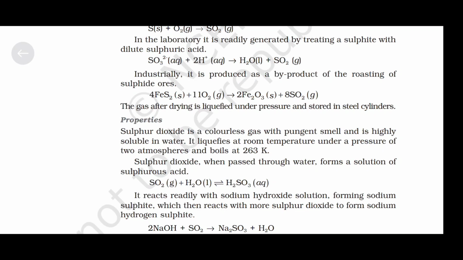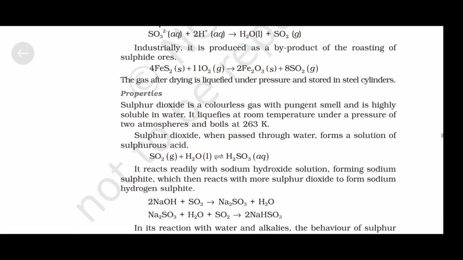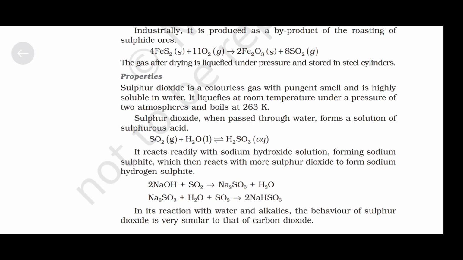Properties: sulfur dioxide is the colorless gas with pungent smell and is highly soluble in water. It liquefies at room temperature under a pressure of 2 atmospheres and boils at 263 Kelvin. Sulfur dioxide, when passed through water, forms a solution of sulfurous acid, SO2 plus water, which gives H2SO3. It reacts readily with sodium hydroxide solution, forming sodium sulfite, which then reacts with more sulfur dioxide to form sodium hydrogen sulfite. So NaOH reacts with SO2 sulfur dioxide to give